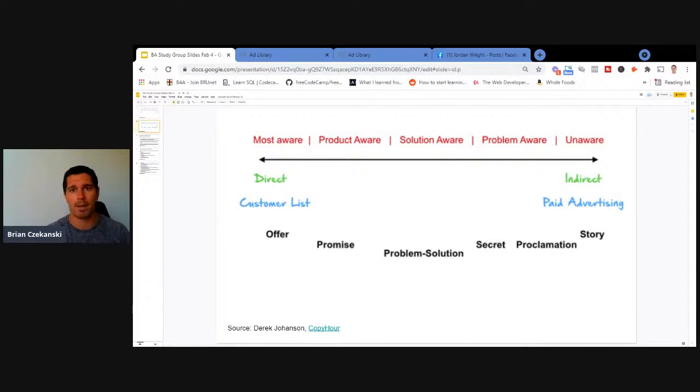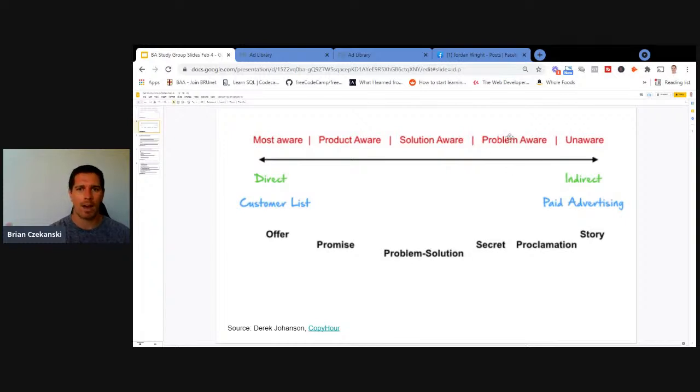So that's where you really think about the problem aware: is your audience even aware of what's holding them back potentially? And how can you tap into that? That's where you can get into things like a proclamation or a secret, maybe a little bit shorter of an ad, and use curiosity to really get them to that next landing page or sales page, where you can build up that curiosity, build up that secret to the point where they make a purchase or get on a phone call with you, those kinds of things.